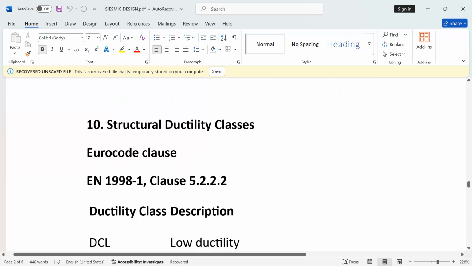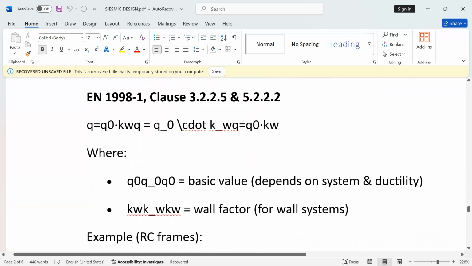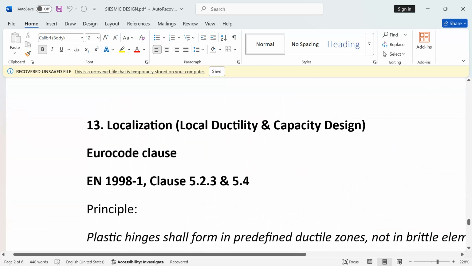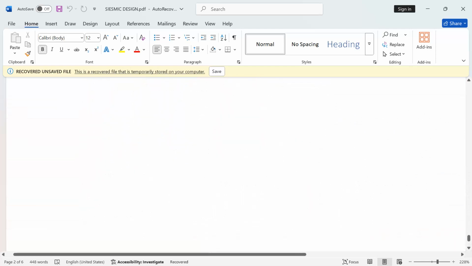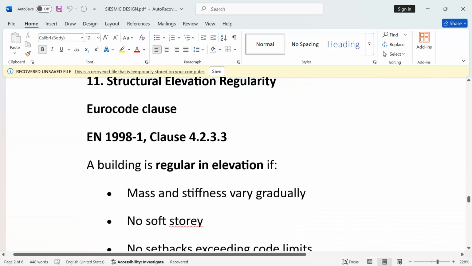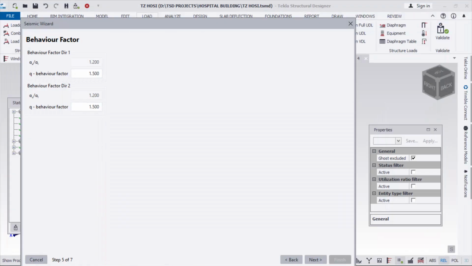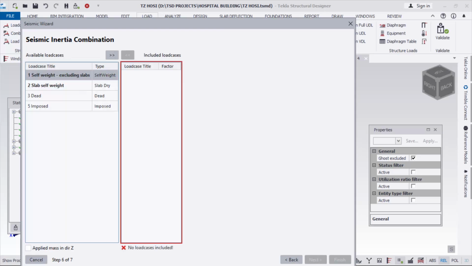For the behavior factors, it is always important to refer to your Eurocode. You have all these defined, the software has defined them. Then you go to the next, and in this case now we have the load cases to include,